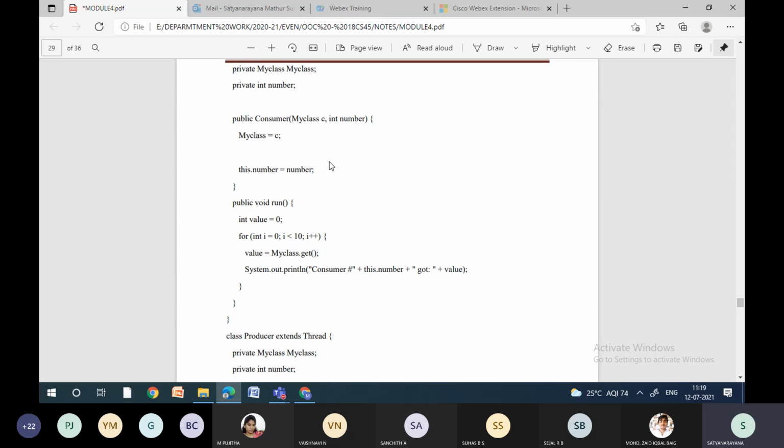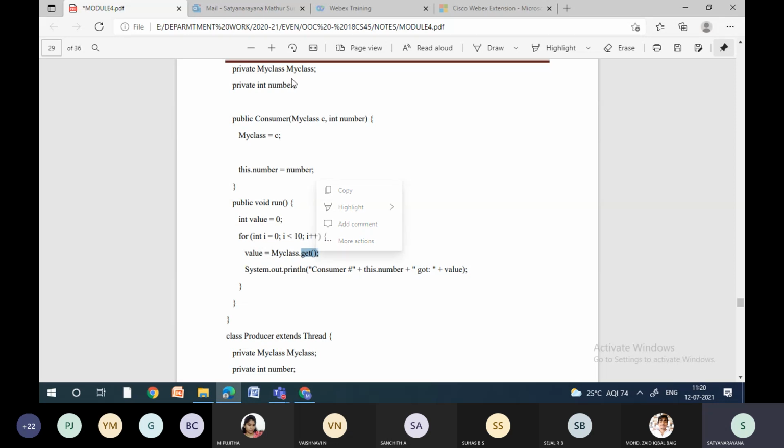Now I'm going to write the run method. See, now you need to understand here there are two concepts which are combined. One is the threads concept, the second one is your producer consumer concept. So in the thread, the main method is the run method, which it is going to execute. Now the value has been assigned to 0 initially. There is no item in the list. Now the consumer is going to start consuming. From which method are we going to consume? We are going to consume from the get method.